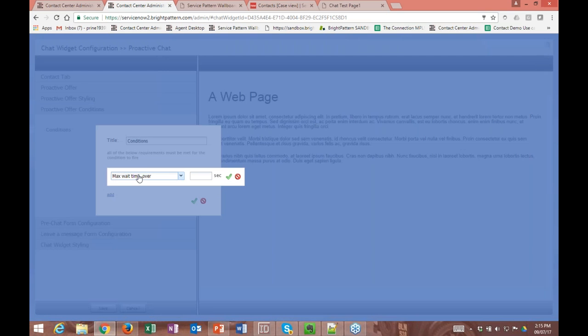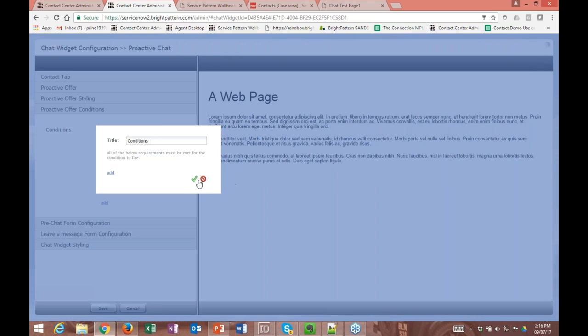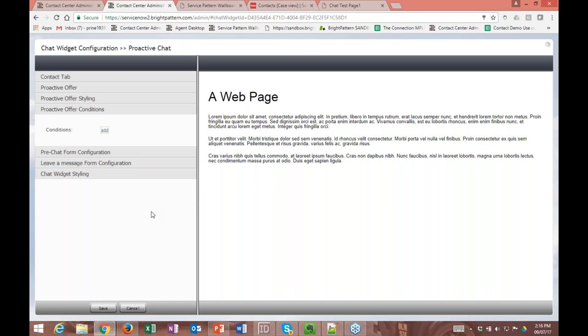And by the way, on these different options here for the triggers, if there's anything that you see that's not here, let us know. I think we've done a really good job of covering everything for the triggers in Proactive Chat, but we would love to hear your feedback on this as well. So that is Proactive Chat, as well as the styling of that chat. So we're going to move on to another major feature that we released, which is the